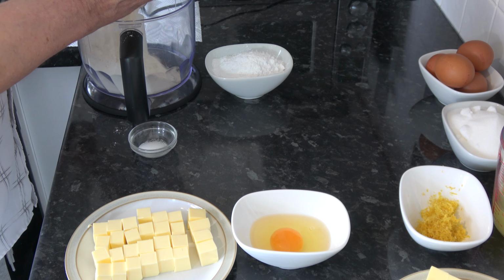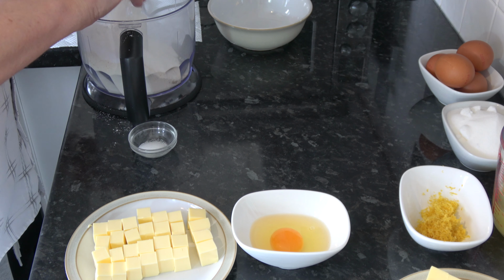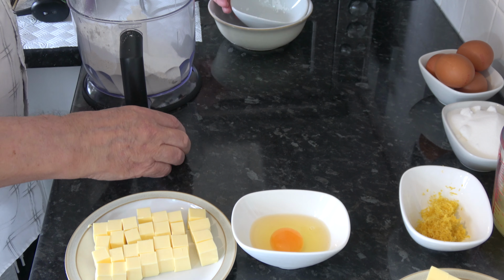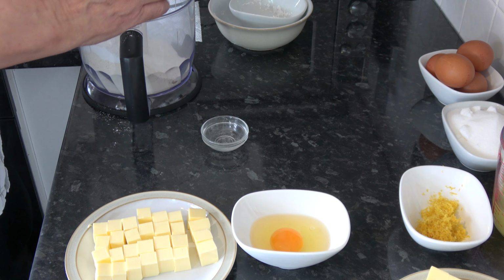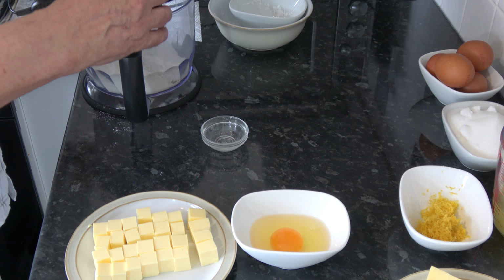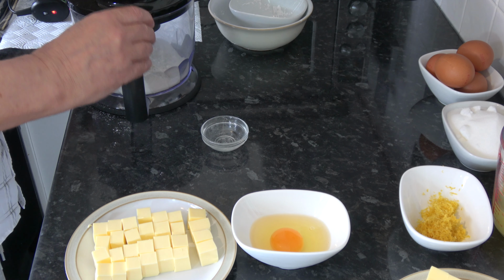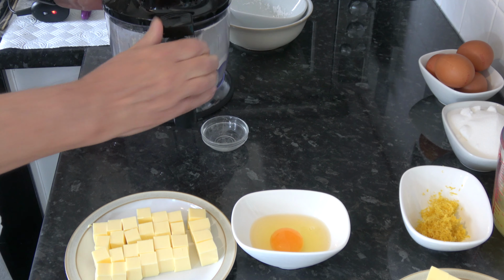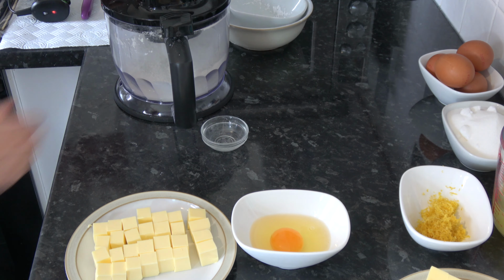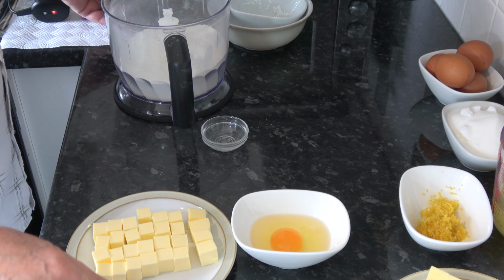So I'm going to put the flour and the icing sugar and the salt into the blender, and I'm just going to give that a little bit of a shake to get it mixed around a little bit. That's good enough. And then I'm going to put the butter in,